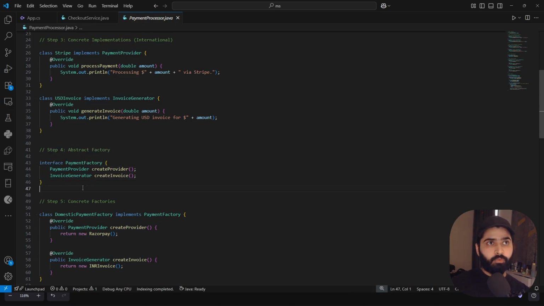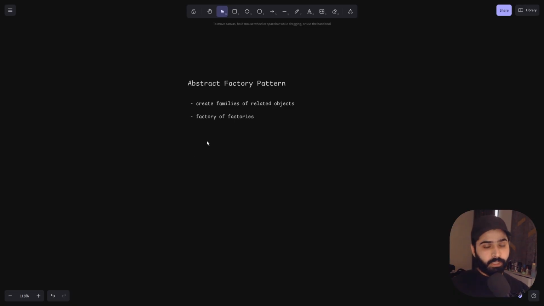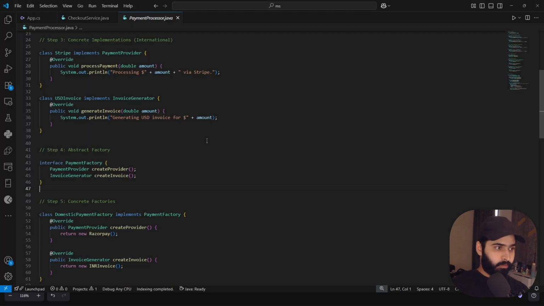As I wrote here, we have to create families of related objects. So here, in the payment factory, we have the payment provider and the invoice generator, and these two are interfaces, not classes.